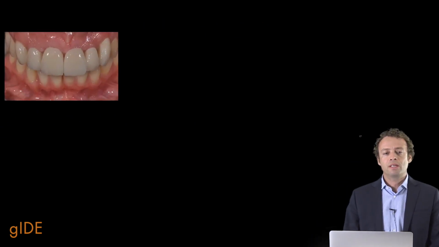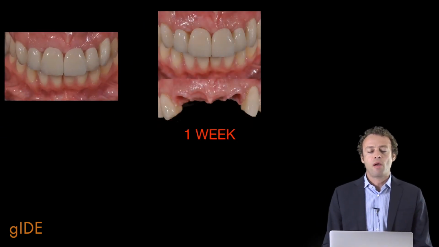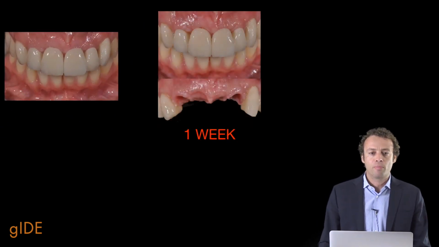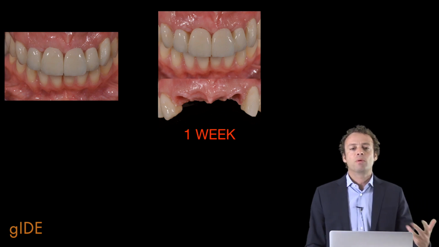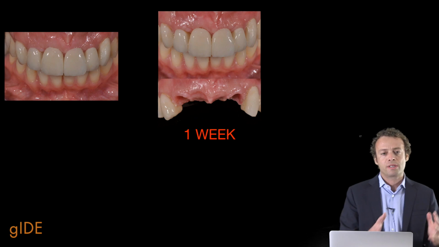So we work on the temporary restoration, adding some composite in the pontic area. We can see the result after simply 1 week, because it's important to work step by step,